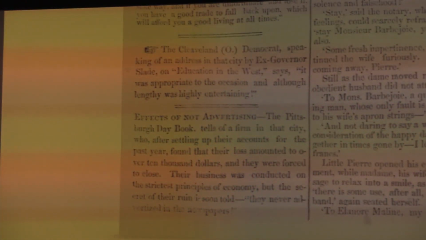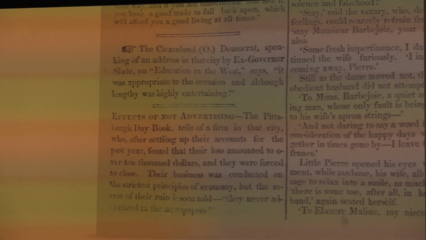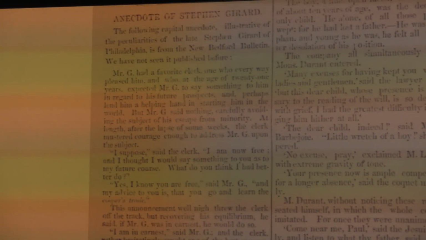My clicker's not working that well. Okay. Right? So we have lots of these little notices, this sort of tweet-sized news. And in fact, some newspapers would have had a whole column full of nothing but these little bite-sized nuggets from around the country. Little anecdotes here. Lots and lots of things explicitly called anecdotes. And what is an anecdote? An anecdote is a sort of quasi-truthful story that's not very well sourced and that usually has a kind of moral to it, right? A very literary but sort of partially true piece.